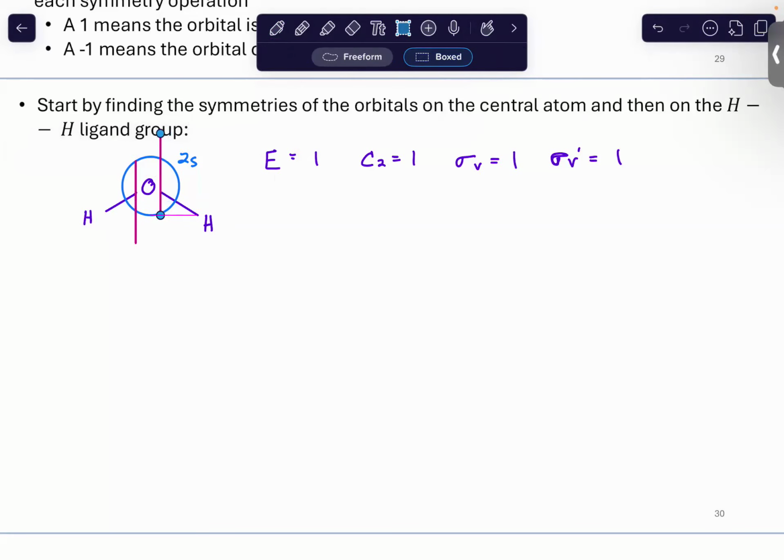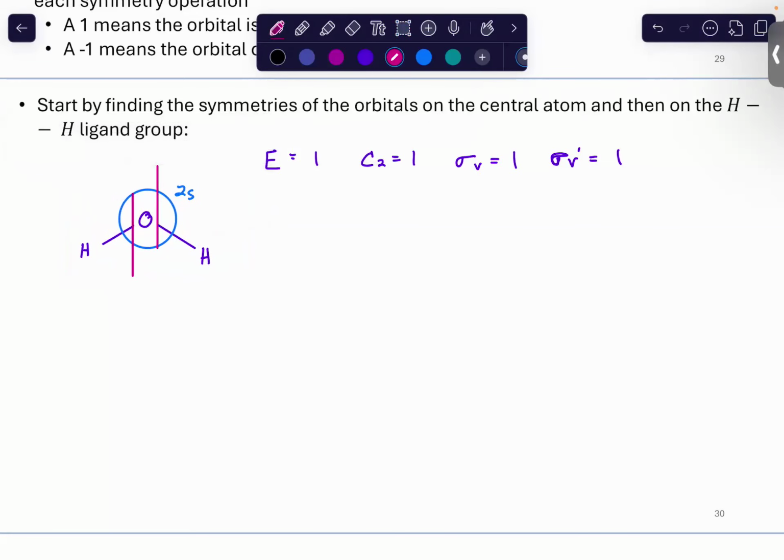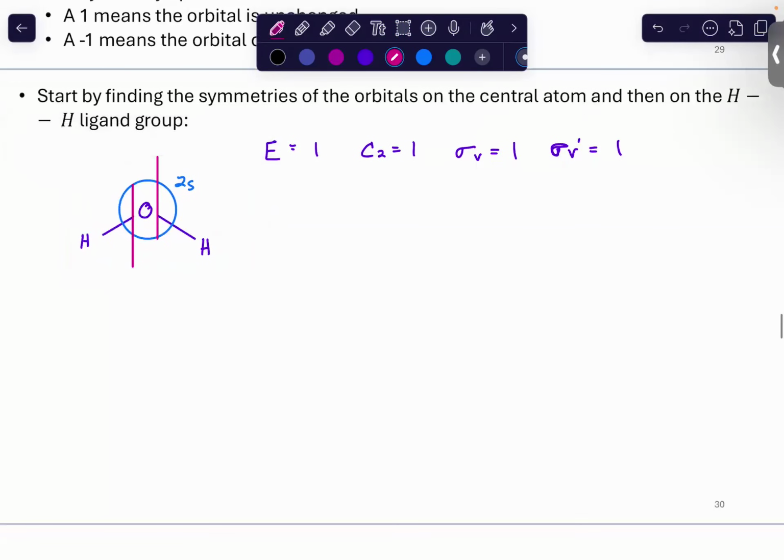No, the V prime goes down the bonds, right? Yes. Okay. We just want to keep reminding ourselves of where these things are. Our sigma V splits the atom, going straight between the two hydrogens, and then our V prime